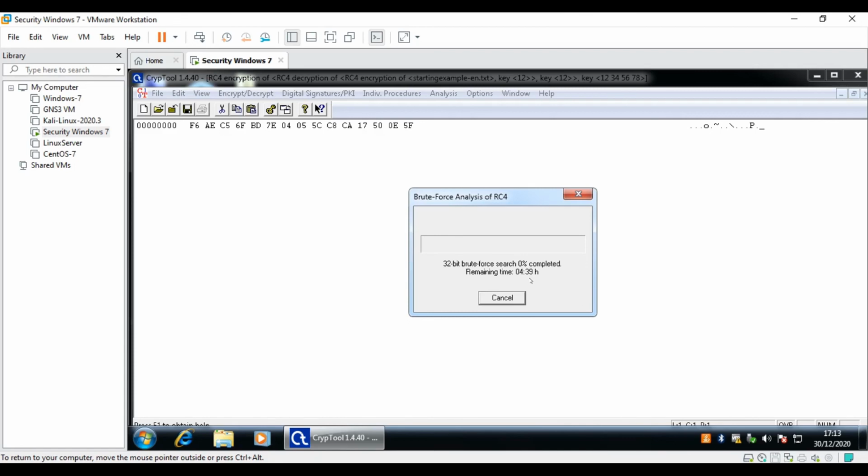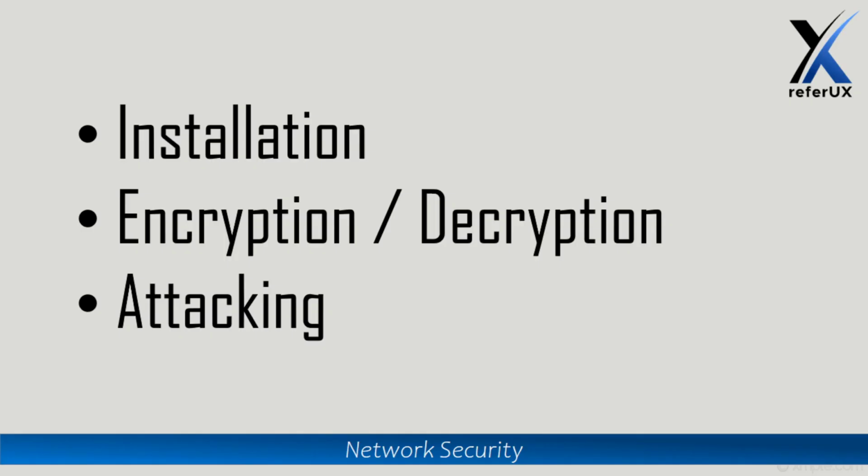And that's how you can use CrypTool 1.4.40 to attack ciphertext. In this video guide, I demonstrated installation, encryption, decryption, and attacking, which is a brute force attack, using CrypTool.